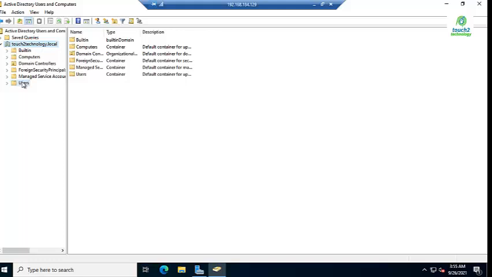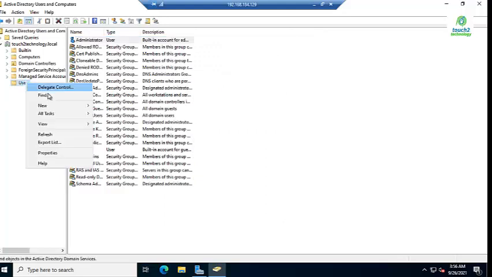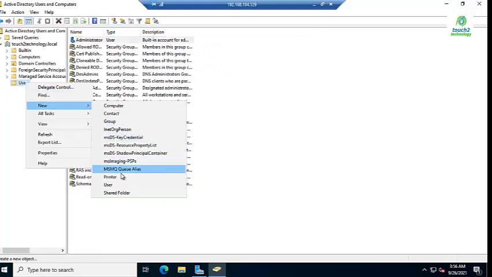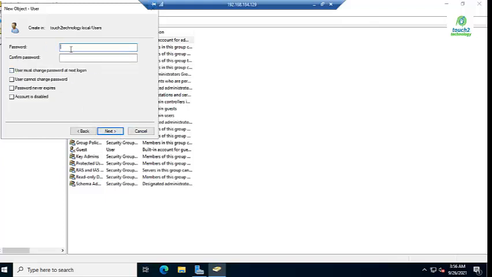I click on New, and click on User. I create one test user, click on next, put in the password and confirm the password, then next and finish.